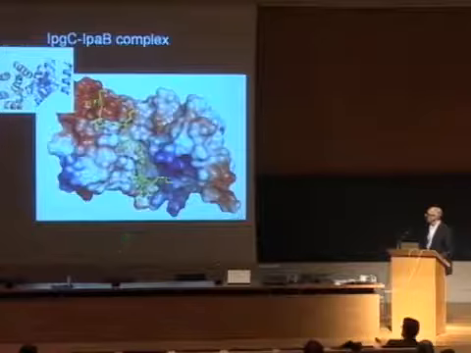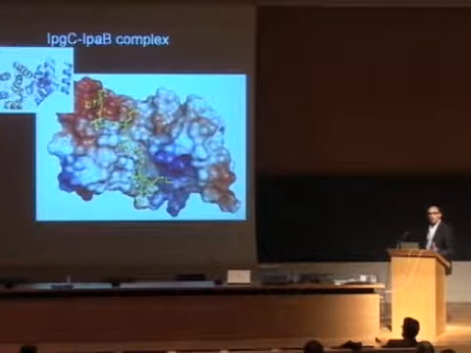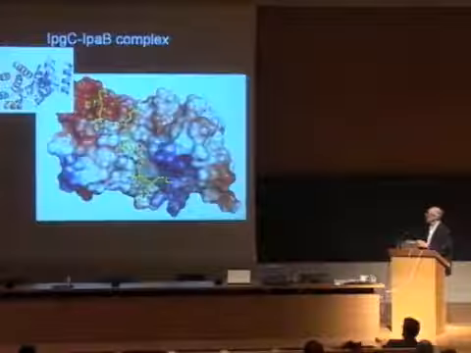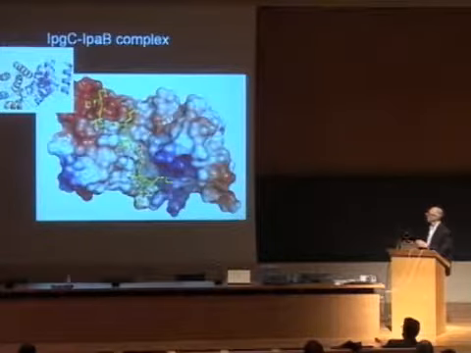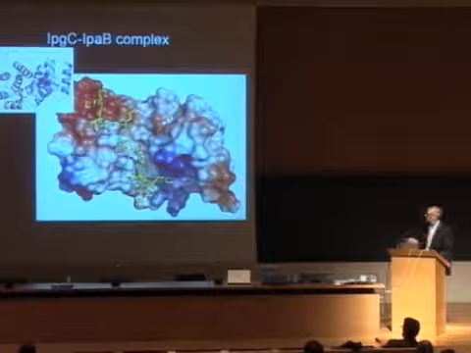There is a little area of IPA-B here, as I already mentioned, that we suspect is the area required to engage into the actual type 3 secretion. And we think that IPGC is conserving the protein in an extended conformation to allow the insertion into the type 3 secretion. It is also interesting that this funny asymmetric dimer that IPGC forms allows the binding of IPGC to IPA-B in two different directions.